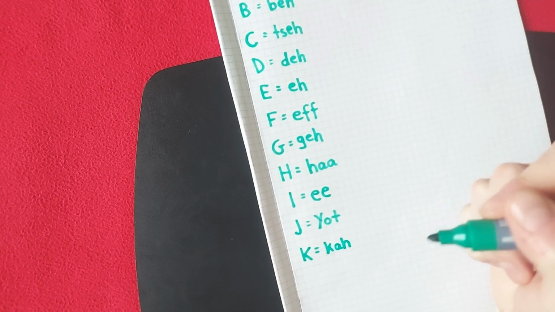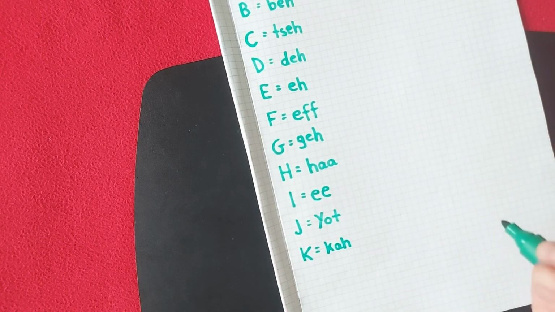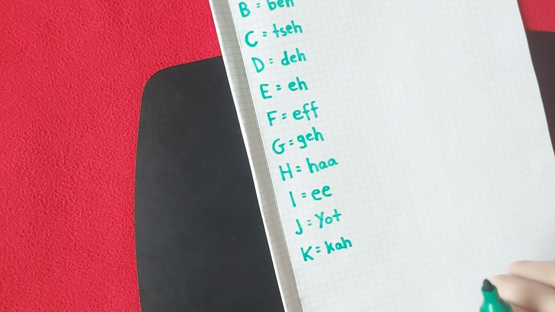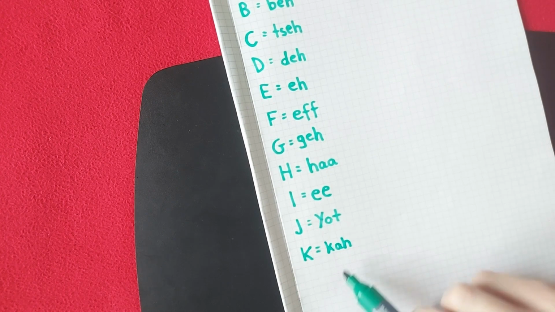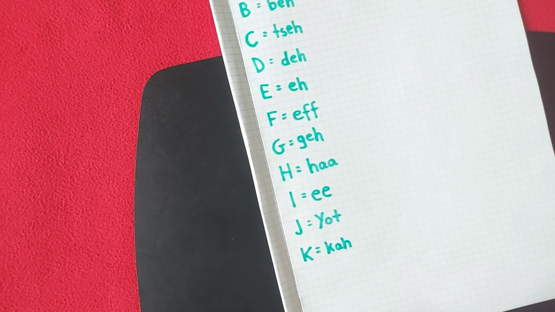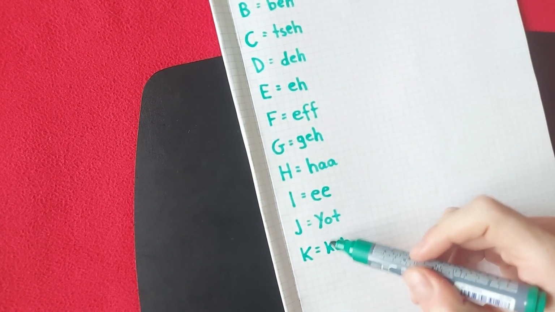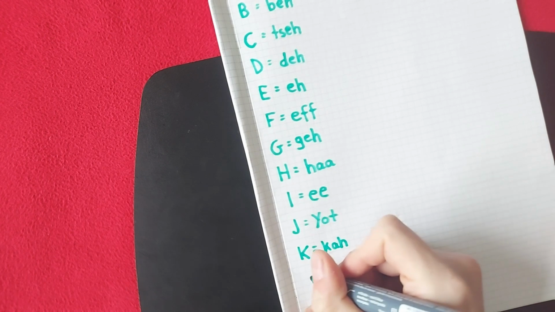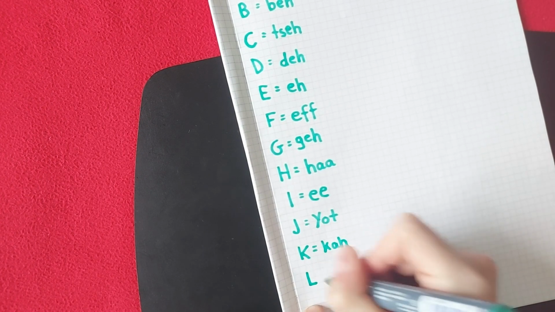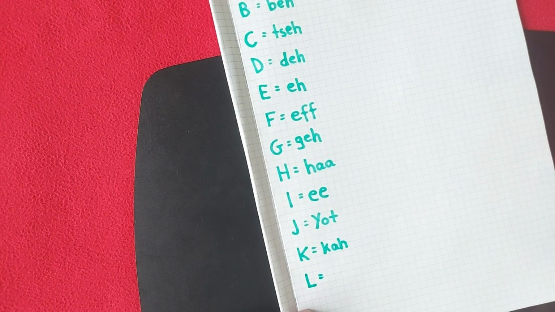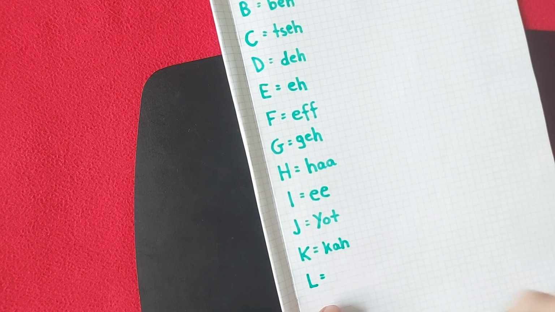Maybe I've heard some English speakers say car, like the mobile car, is C-A-H, car, but I think this is better, but maybe this could be a C also, and then you say car. Anyway, next one is L, and this is again one that is almost the exact same in German. In German